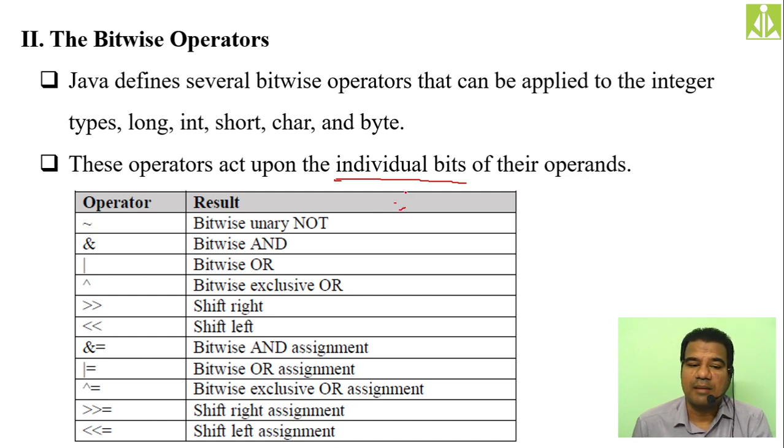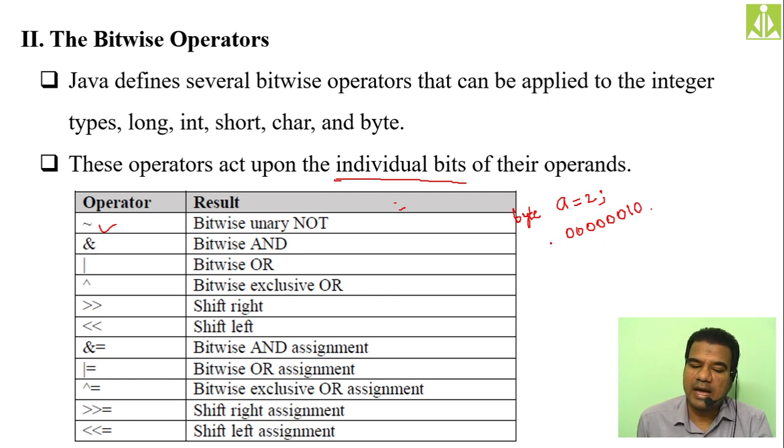So what sort of bitwise operators do we have? Bitwise unary not. It will simply negate all the bits. Suppose you are storing 2, let us say a equals 2. Take the type as byte, because it will be very easy. So byte a equals 2. Byte means how many bits? Only 8 bits, only one byte it will take. So in 8 bits, how do you store this 2? Six zeros, 1, 2, 3, 4, 5, 6, then 2 means 1, 0. Likewise.